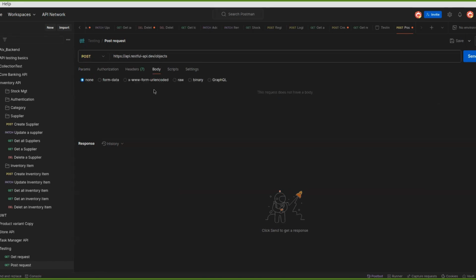So this is a POST request, and unlike a GET request, you have to send a body to the server. So I will click on, you can see none, form data, form URL encoded, raw, binary, GraphQL. It depends on the type of API you are testing. Here, I'll be